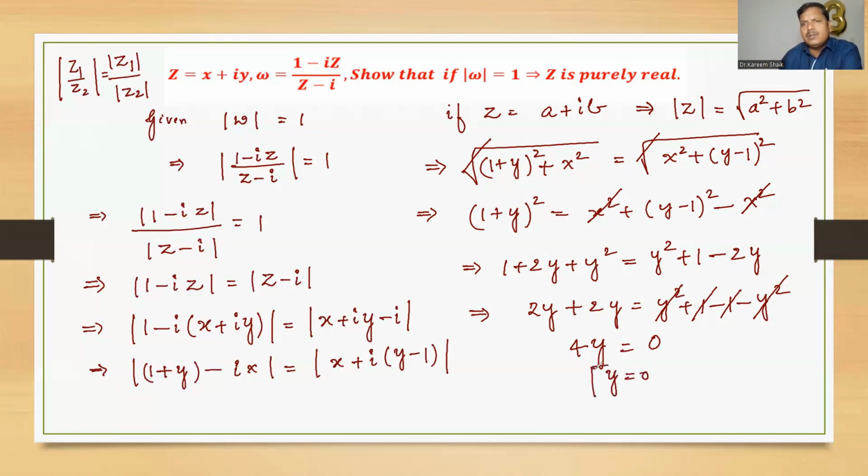So you got y equals 0, but y is what? The imaginary part of the complex number. The imaginary part of the complex number is 0. That means the imaginary part of the complex number is 0, which is nothing but, can I say, z is purely real? Purely real. I hope it's clear. So these are some of the problems on complex numbers. In my next video, we will